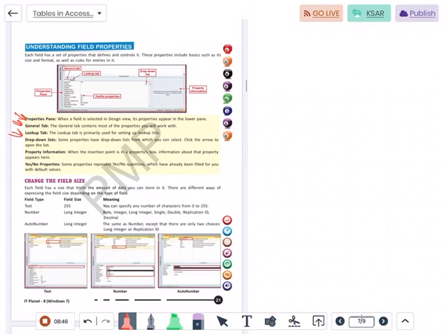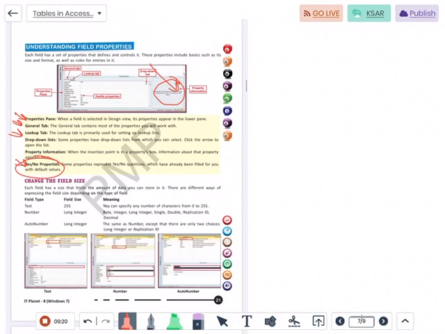Now, property information gives the insertion point of the property blocks. So what is property information? This is the point from where the properties will be inserted and everything will be shown. Before we change the field size, just have a look at this Yes/No property. The Yes/No property is a property by the help of which we can set default values. So you can set default values if we want, or if we don't want, we can select No.